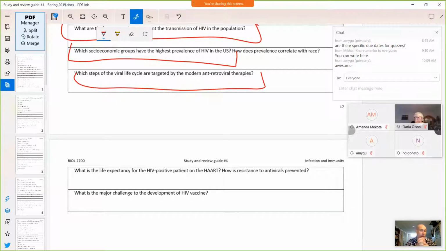Major challenge for the development of an HIV vaccine: it changes very fast. Okay, so it's a big problem. And also, if you think about it seriously, if you get a vaccine against, say, mumps, and it's not 100% effective, and you still get mumps, you're going to be upset, but you're not going to die. If you get a vaccine against HIV and it's not 100% effective, and you get infected, that's it. You have HIV for life. Ideally, an HIV vaccine should protect everybody. So that's the challenge.